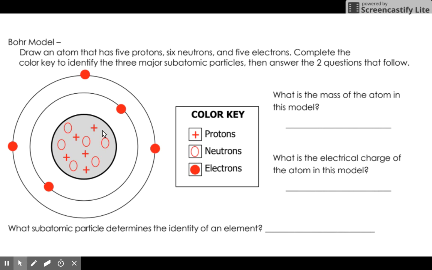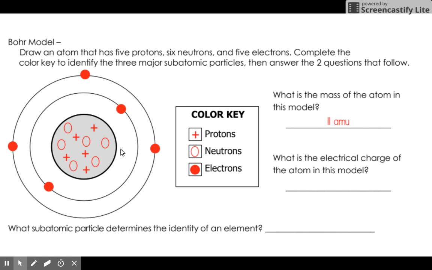So if I count, I have 1, 2, 3, 4, 5, 6, 7, 8, 9, 10, 11, which means that the mass for this Bohr model is going to be 11 atomic mass units. So remember, if they're asking me for the mass, I need to count or calculate protons plus the neutrons located